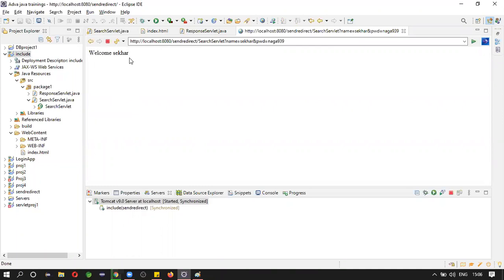Okay, so this is one case, right? So what is another case? Failed case. Okay, let's go back and submit it. Now the password is not correct, I'm giving a different one. See, username or password error. This is how include works.